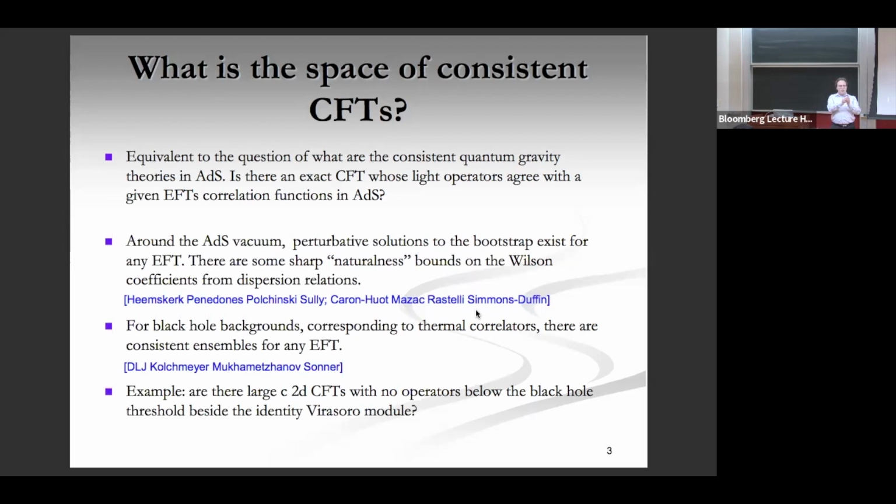So in other words, we look at the matrix elements of light operators between heavy states, and by stringing them together, we can compute correlators in the thermal state. And that's a huge amount of data. There's some entropy of the thermal ensemble, we might call it S, and so there's e to the S high energy microstates, so we need e to the 2S matrix elements of the light operators, and we have a very small amount of data of the effective theory of gravity in the black hole background, so we're not going to nail them all down, but it looks like we get a consistent ensemble for any EFT. We don't really see sharp constraints.